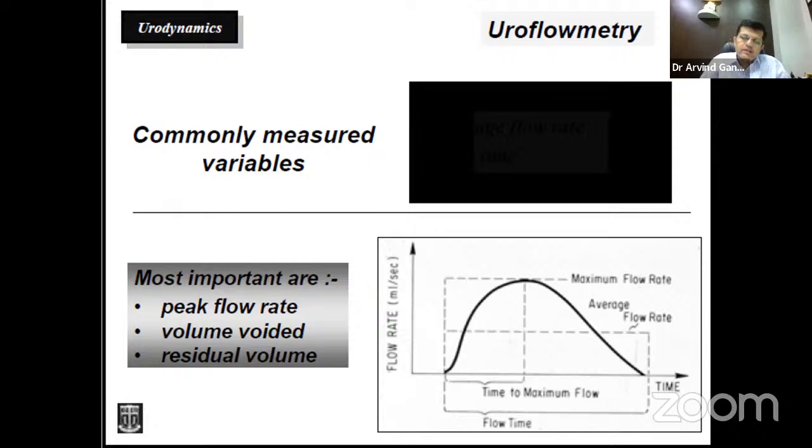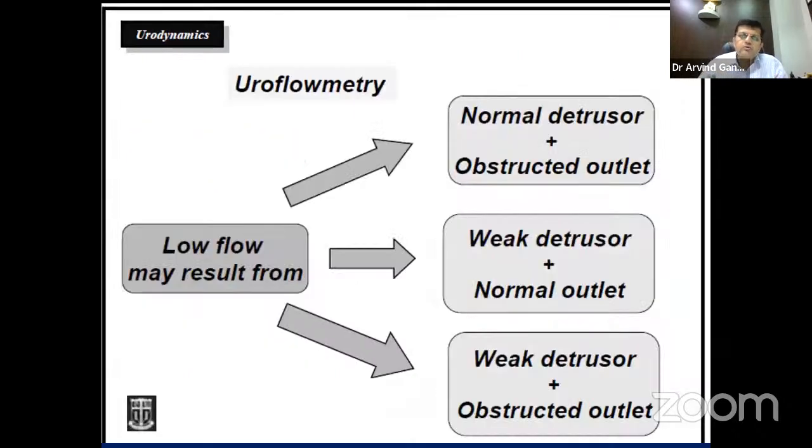One more important thing is that whenever the command to void has been initiated, say here, where I put in my cursor, if the patient is taking quite some time to initiate the flow, that means he's having some amount of hesitancy. And secondly, if there is a lot of dribbling beyond this, you can also interpret that he's having a lot of post-void dribbling. So you can answer most of the questions asked in the IPSS score, whether he's having hesitancy, post-void dribbling, poor flow, or straining. This is the wealth of information that you can gain out of it.